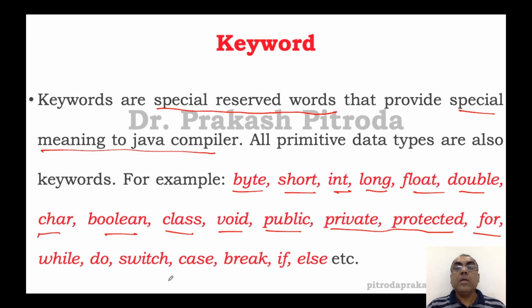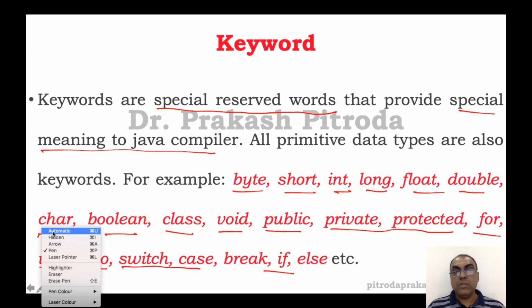For will help the computer understand that there is a loop, a repetition of a process. While and do while also help the computer understand a special type of repetition of a process. Switch case, if else are called conditional statements which help us control the program. So each and every word has a meaning, hence they are called keywords. There are many other keywords, but as of now we are going to only focus on what is part of our syllabus.